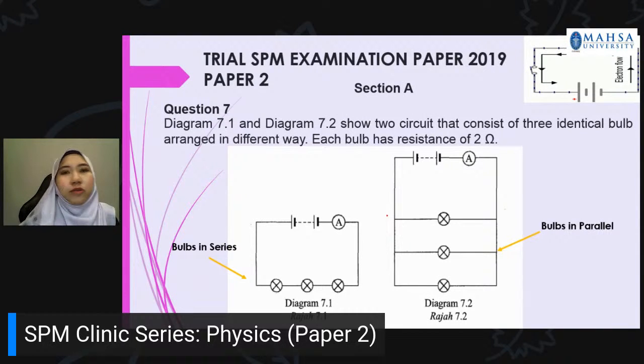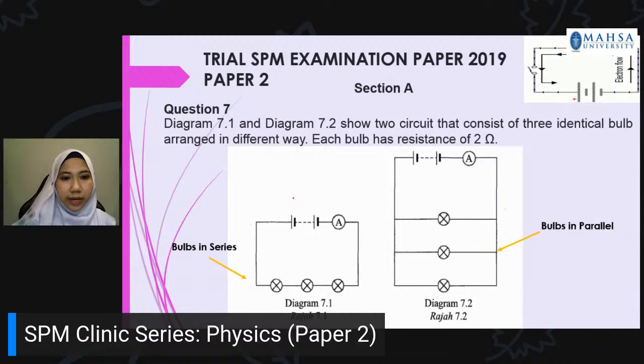I don't know how to tell which is series and which is parallel, especially when you have a mixed connection. You have series and parallel together in your circuit, or a complicated circuit, so you need to understand. One of the things I can share with you is that you need to see the current flowing